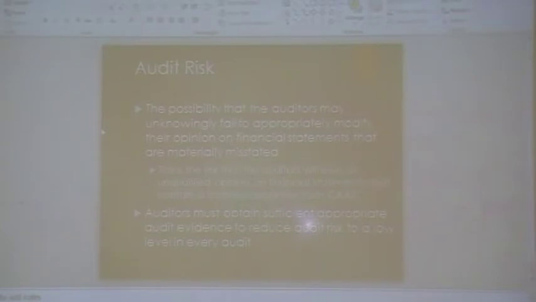I know it just takes a while, and after a while this will become clearer as we do the exam questions. So you've got your audit risk, and under that you've got your inherent risk, control risk, and detection risk. Your inherent risk goes back to your transactions, your control risk to the controls that are in place, and then your detection risk is that the auditor may not find a misstatement inside the audit.